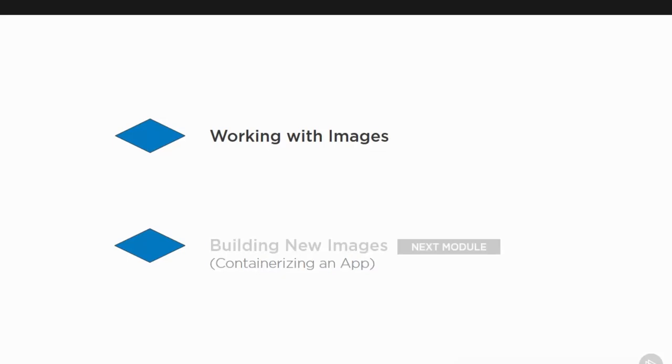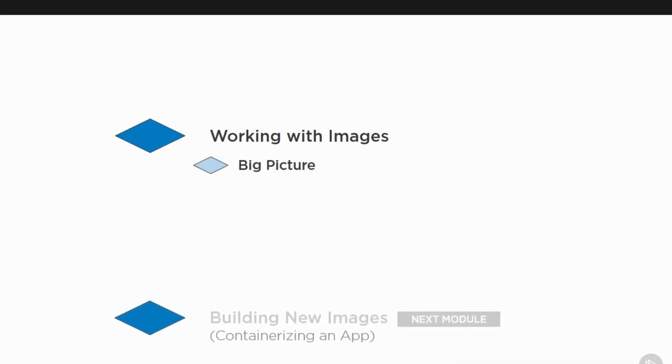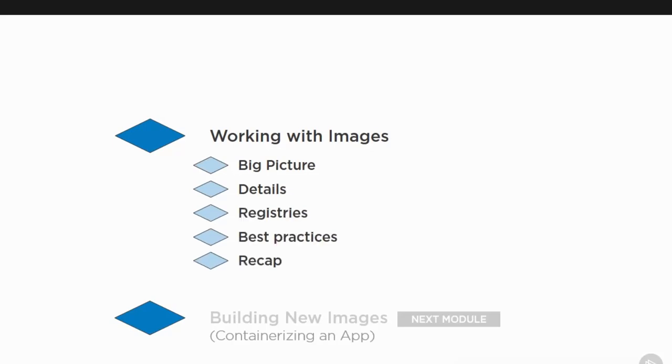So for this module, we're looking like this. We'll do a quick big picture to cover off the main concepts, and it will be quick. If you're super new to this stuff, then I highly recommend taking my Getting Started course first. Now, I can't force you, but beware, this is going to be a bit of a deep dive. Anyway, after that, we'll dig into how they're built, like what's all this layering stuff and what are these crypto IDs all about? Then we'll do registries,